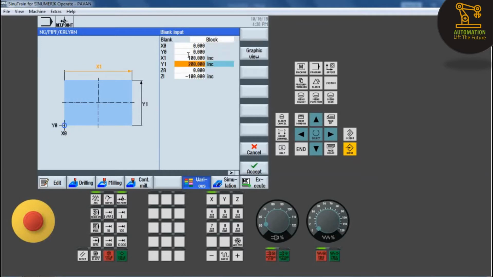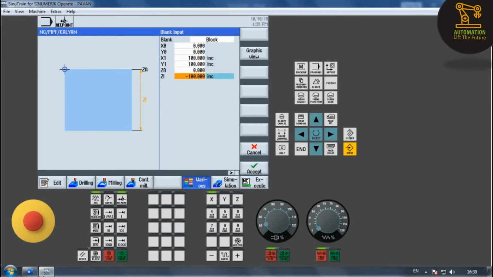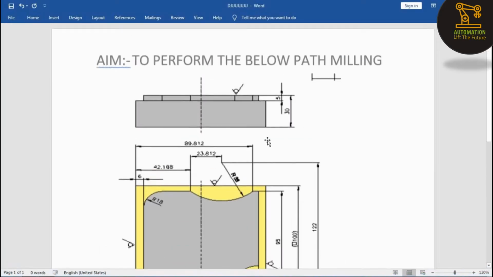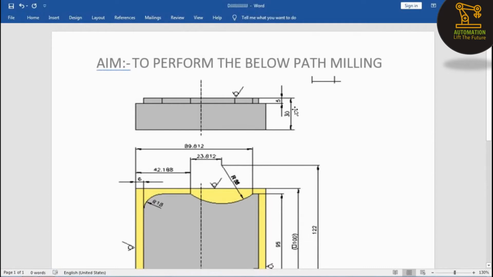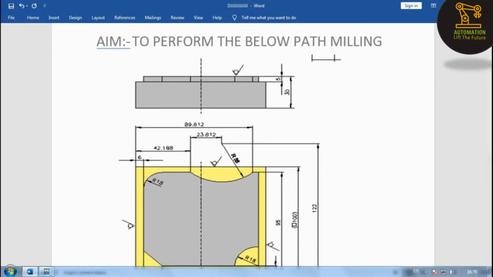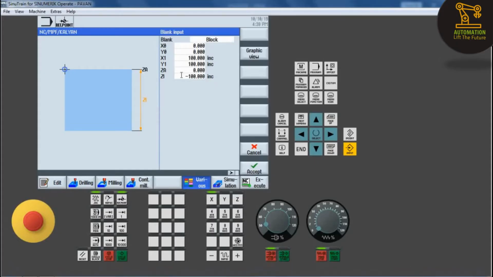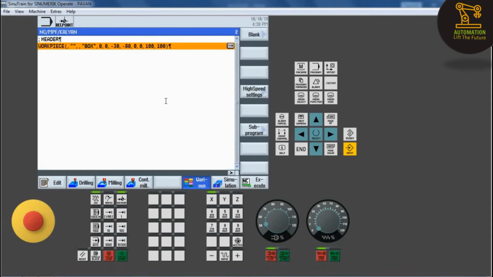X0 is the reference point, so 0, X1 is 100, Y1 is 100. ZA is the reference position, Z1 is the total depth of the profile, here 30, so we mention minus 30 from the reference position, and accept it.